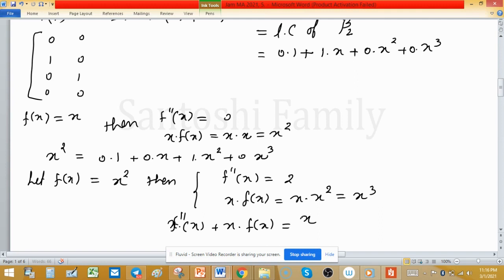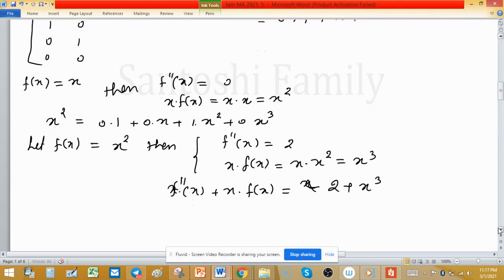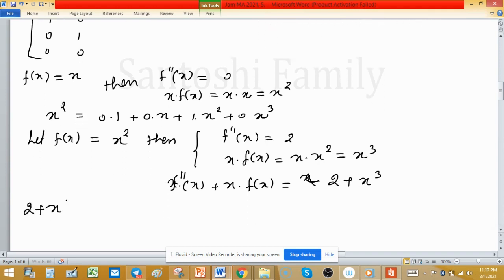This one equal to x into 2 plus 2 plus x cube. This is 2 plus x cube, and this 2 plus x cube can be written as 2 times 1 plus 0 times x plus 0 times x square plus 1 times x cube. So the third column is